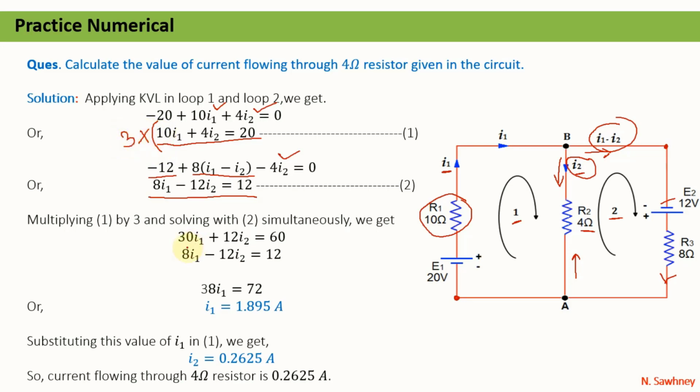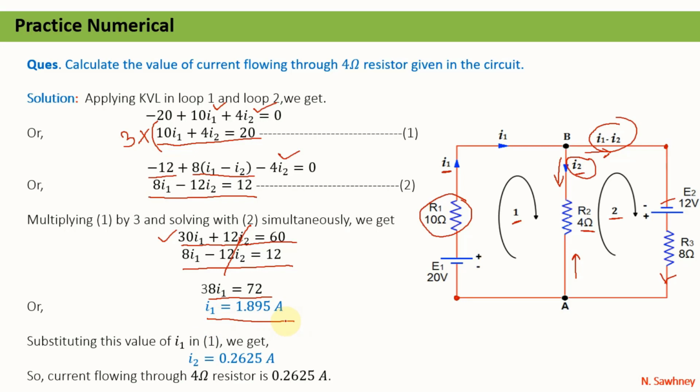What I will get is this equation, that is 30 I1 plus 12 I2 is equal to 60, and the second equation is as it is. So when we add these two equations, the I2 term will cancel and we are left with 38 I1 equal to 72, or in other words I1 comes out to be